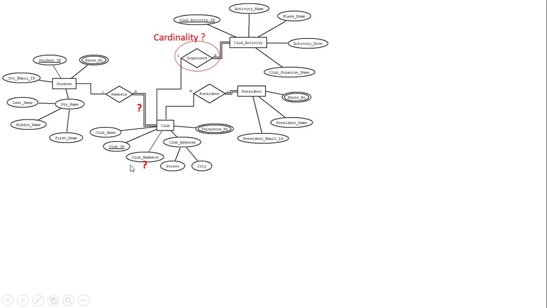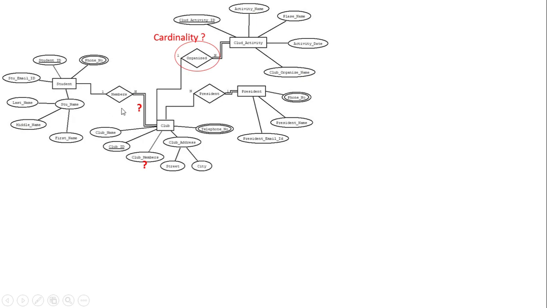Okay, one more problem is associated with this club. Here it is mentioned club members as one of the attributes. In fact, whoever are the members of the club, those are being stored in this relationship set members. So whichever is the student who is the member of the club, that data is being stored in this relationship, and that is why we have created this relationship set.